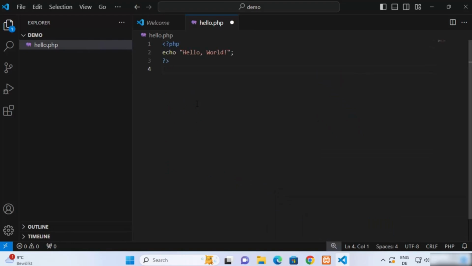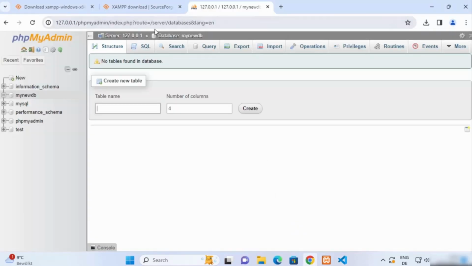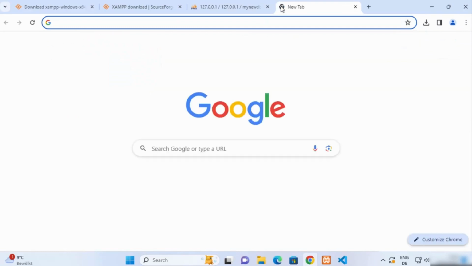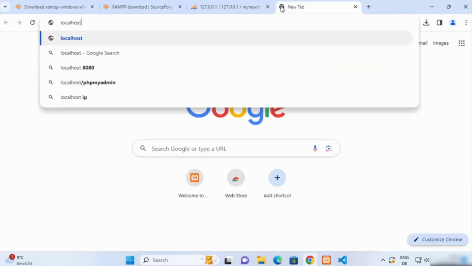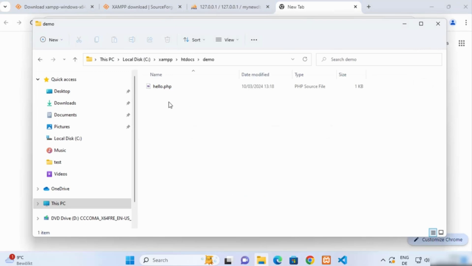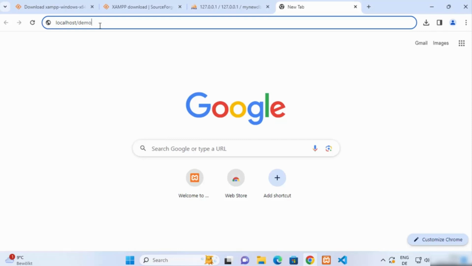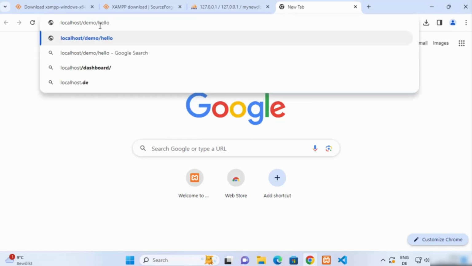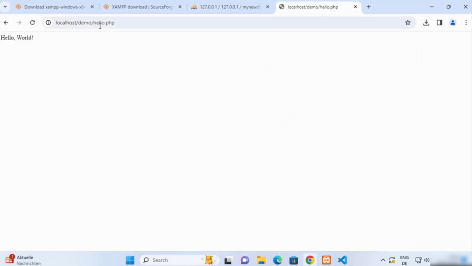And now I just need to add a very simple hello world PHP script here, save this file, and then once again go to your web browser. You can just write localhost here, and then /demo, because this is the directory we have created, right? So whatever directory you have created, just give the path of that. So we have created this demo directory, and then we have created hello.php. So just write /hello.php here, and then press enter, and it's going to show you